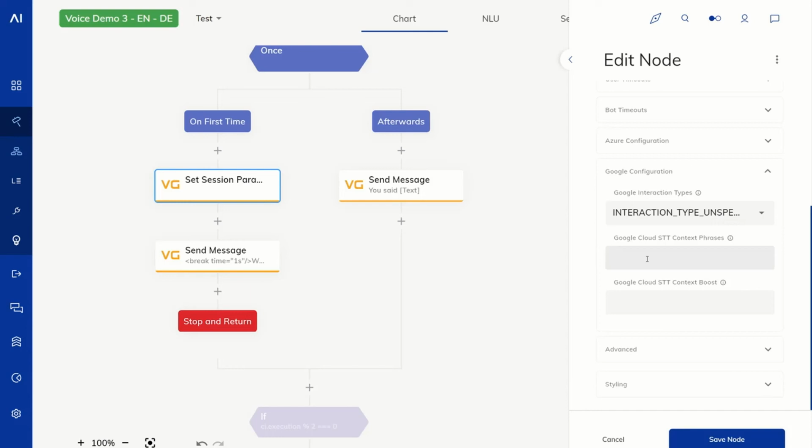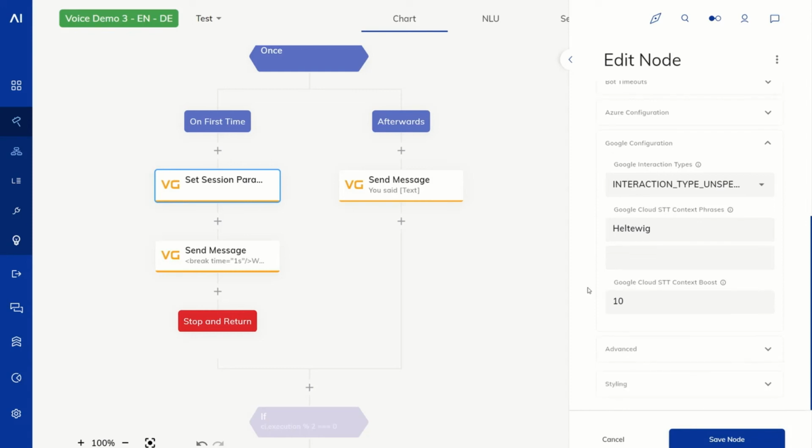This is actually a really cool feature that will also soon be in Azure, but right now it's only in Google, where I can say, okay, for example, my last name is something that speech to text engines have a hard time recognizing. So I could put my last name in here, and this will then be sent to the Google STT engine saying, hey, this is a word that could come up now, right? And you can send that as a hint, essentially. And you can say, and I want to boost that word with a number of 10, right? So this will be boosted tenfold in comparison to other words that might be detected.